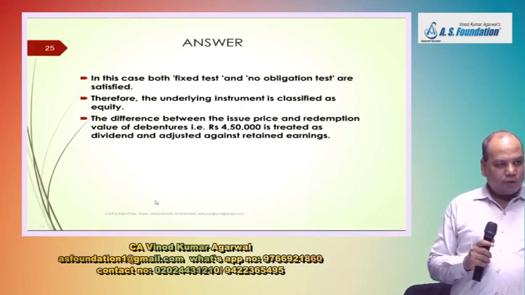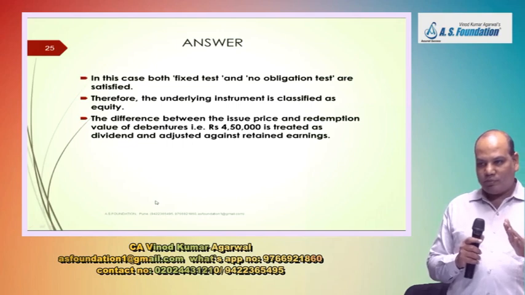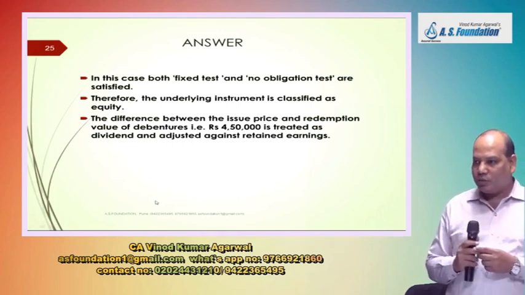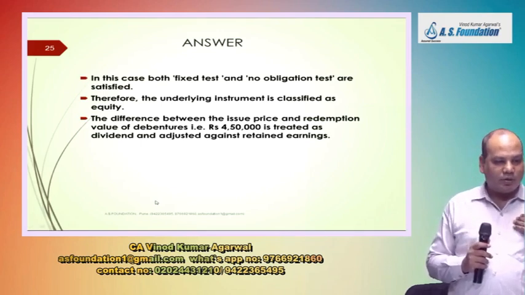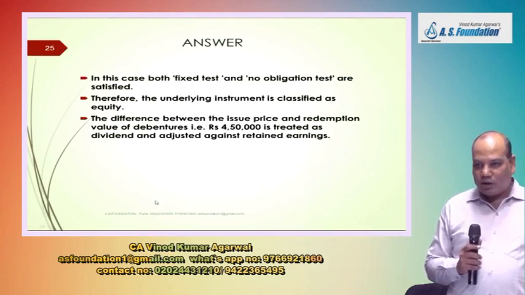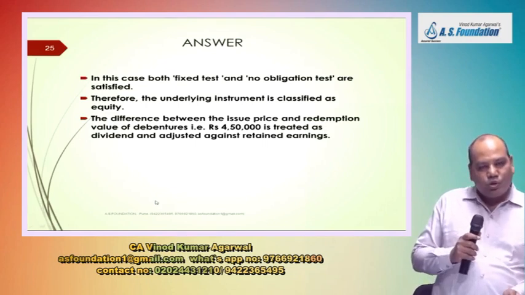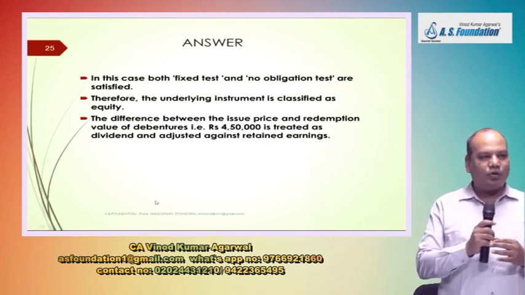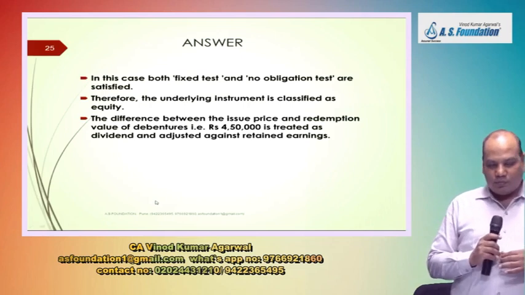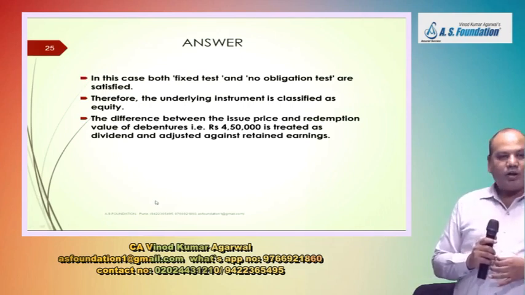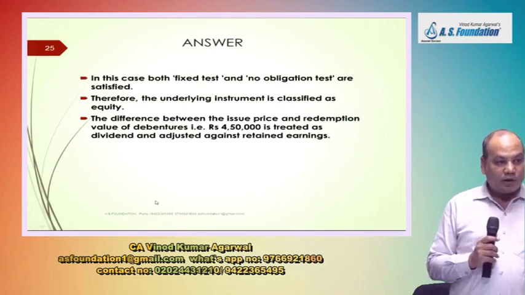You are going to issue 1,45,000 shares into 10, that is 14,50,000 worth of shares in your books, but you have received 10 lakh rupees. So how will this liability be cancelled? Liability account debit 10 lakh, retained earning account debit 4,50,000 to equity share capital account 14,50,000. So the difference between issue price and redemption value of debenture, because you have classified the instrument as equity,